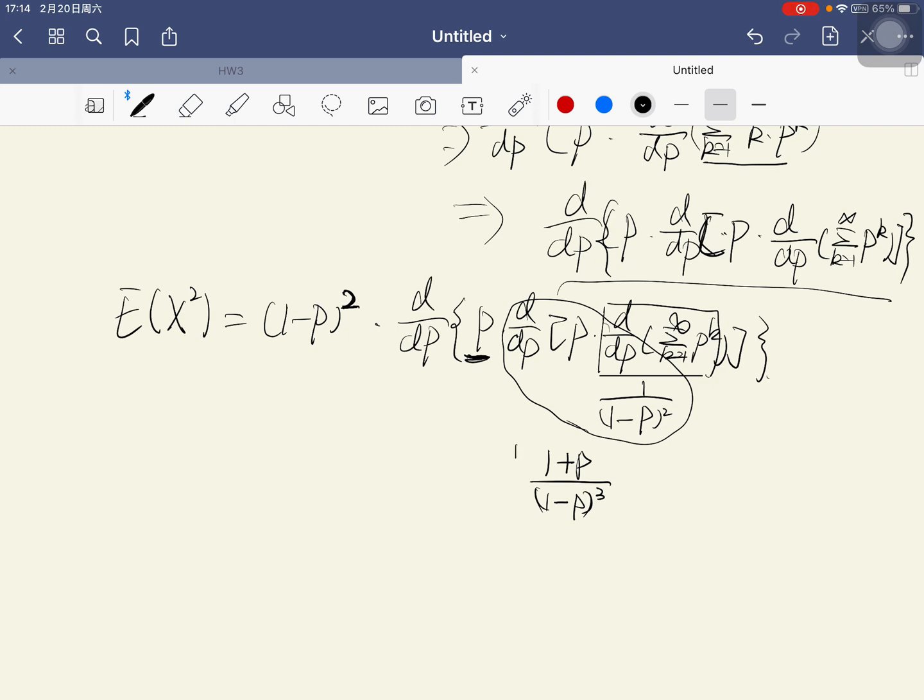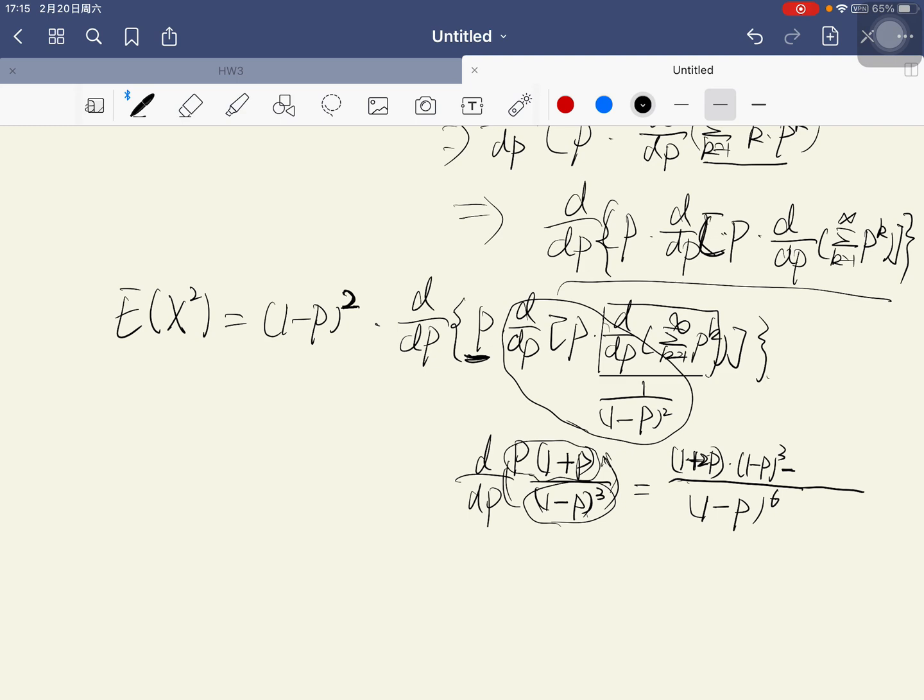and to compute this derivative, it's equal to the denominator (1-p)^6, and to do this derivative, p is 1 plus 2p times (1-p)^3, and minus the derivative of this times this, which is 3 times (1-p)^2 times minus 1 times p times (1+p), and we could eliminate this one, and this one is 4, and it's equal to